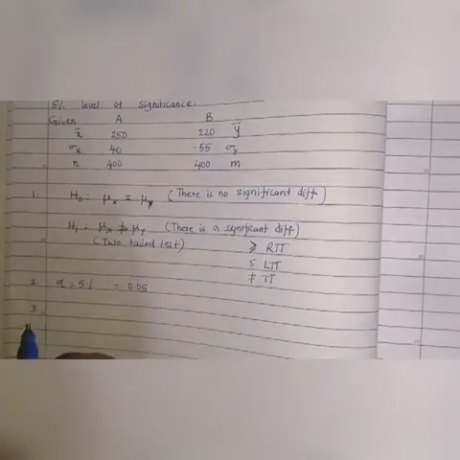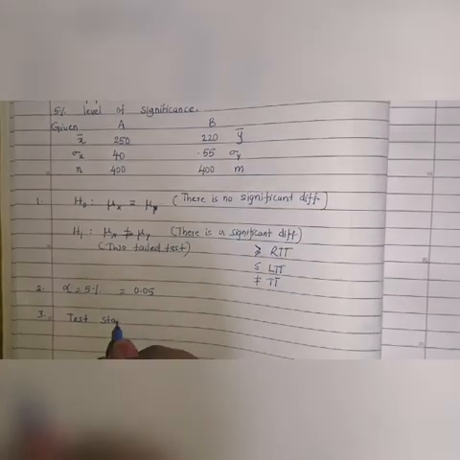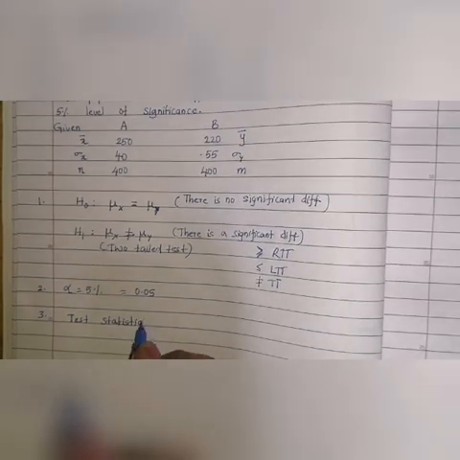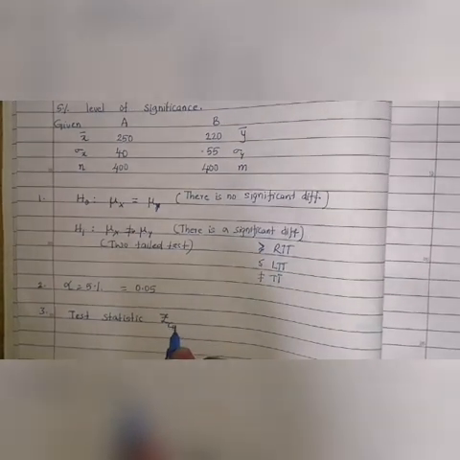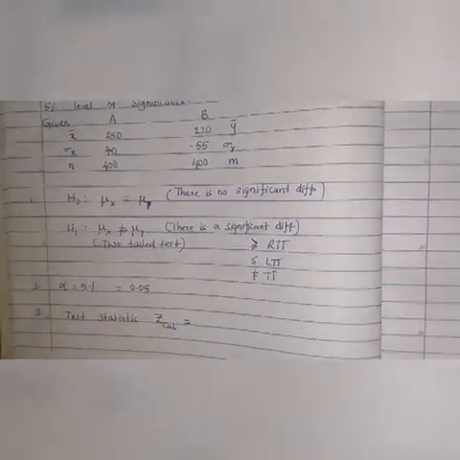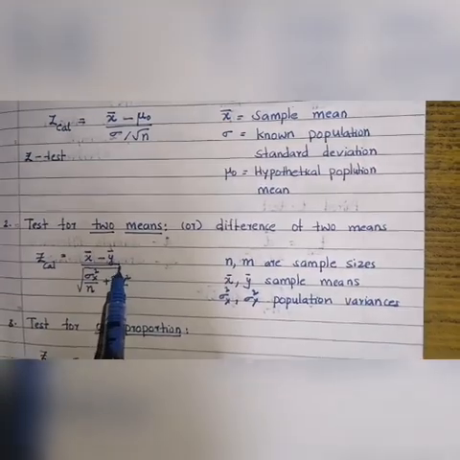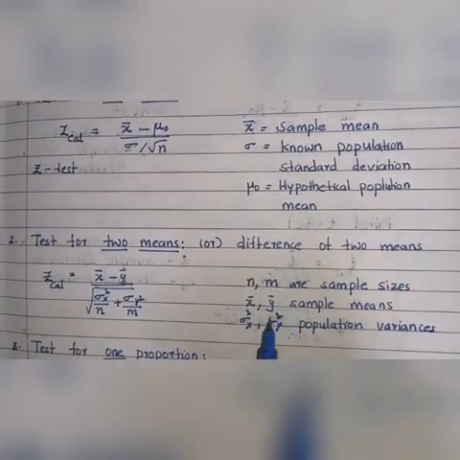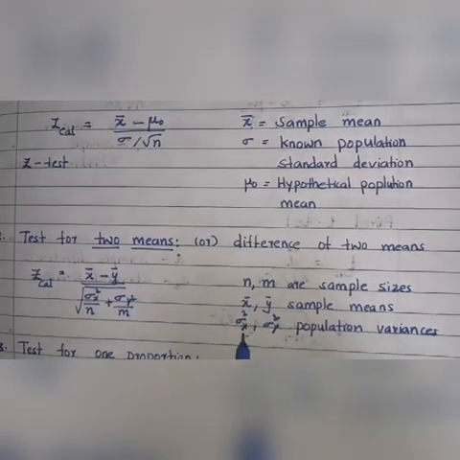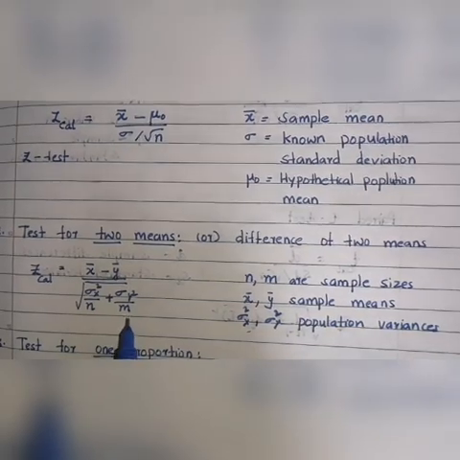The third step is to calculate the test statistic. Which formula should you use for this particular problem? Since it is a large sample, we have to draw a normal distribution curve. Let us see which formula could be used here. We have two samples x and y, we have two sample sizes n and m, and we have two population standard deviations sigma x and sigma y. So this is the exact formula that we should use.